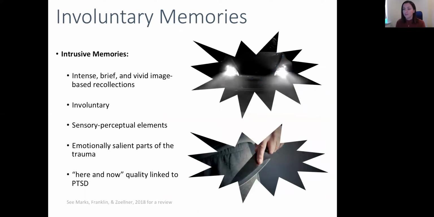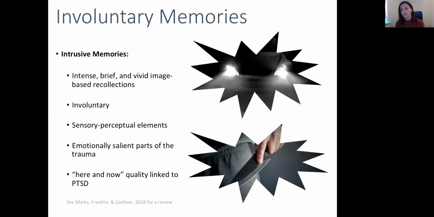Consequently, the way that the trauma is encoded and laid down in memory is thought to explain these intrusive memories that people experience. Intrusive re-experiencing occurs in many disorders such as panic disorder, obsessive compulsive disorder, and social anxiety. However, intrusions in these disorders tend to be about future or hypothetical catastrophes, rather than a specific autobiographical memory from the past, as is the case with trauma.